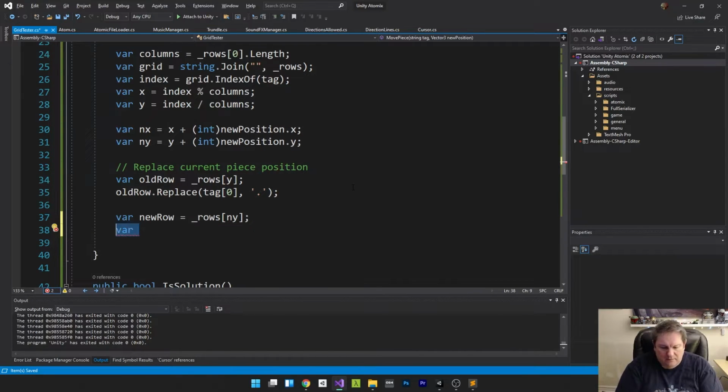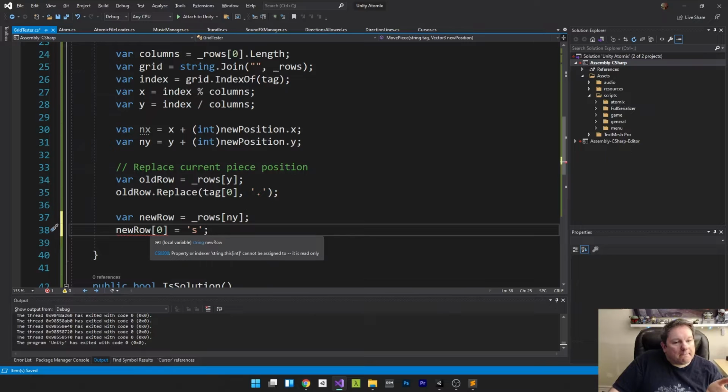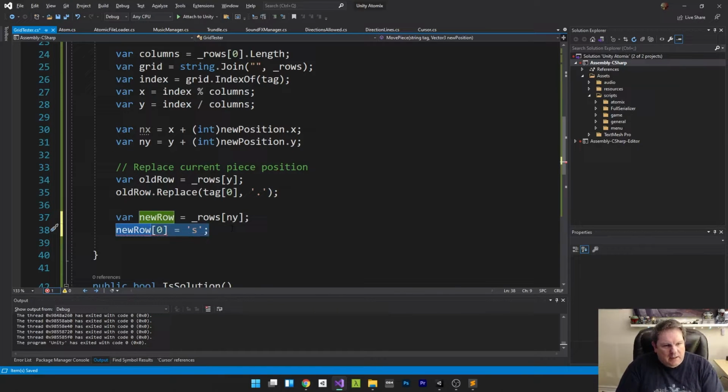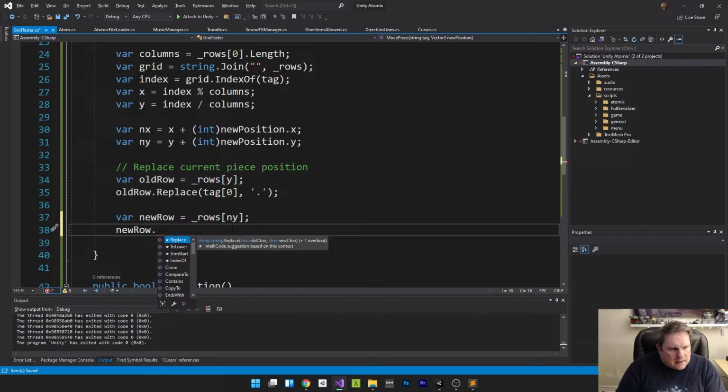But we can't do new row 0 equals blah, because it won't let us do that, because strings are immutable. See, that's what that's saying there. So we can't set it that way, but what we can do is use new row dot, and then we can split it, or we can do a substring,